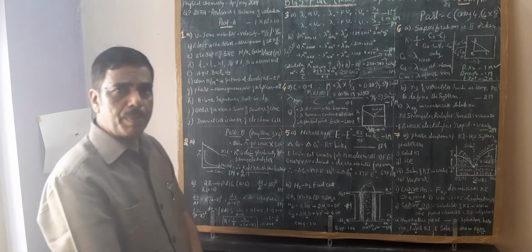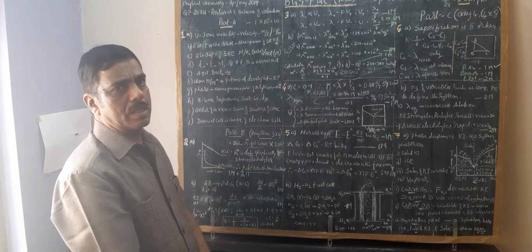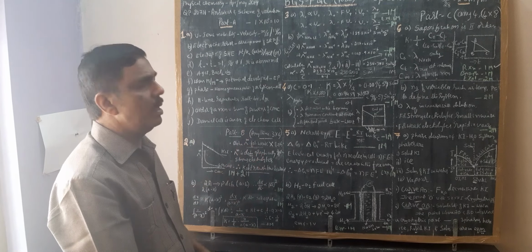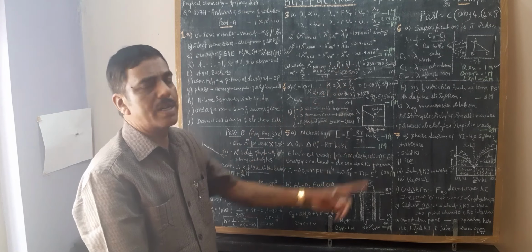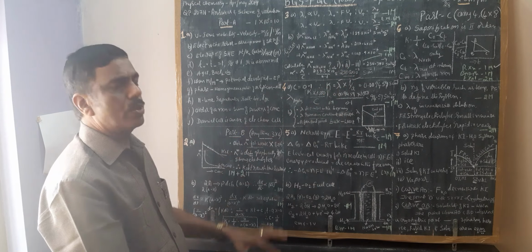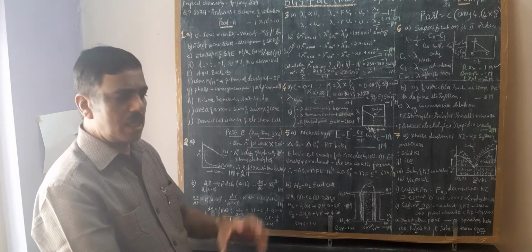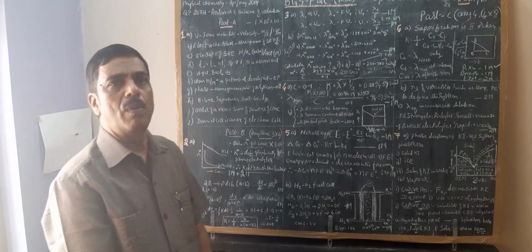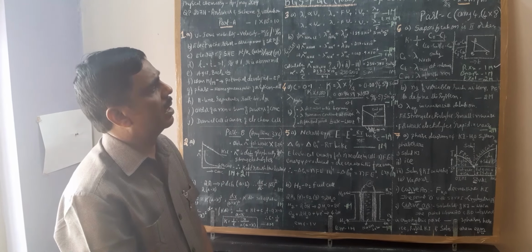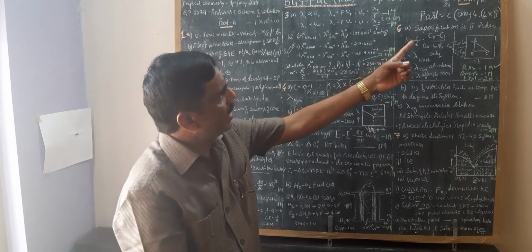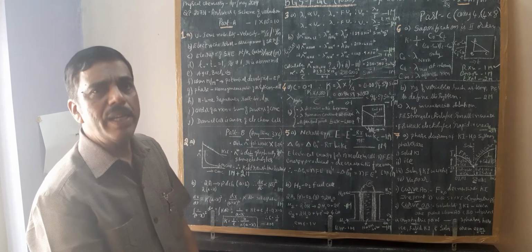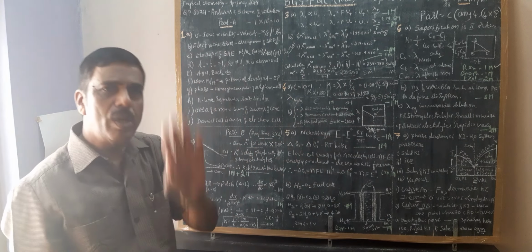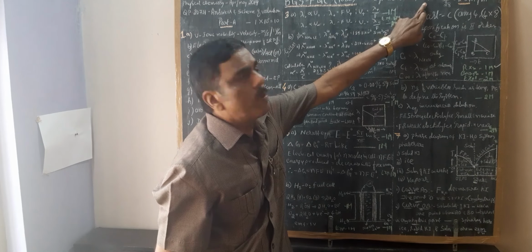In this question paper, there are three parts. Part A, compulsory question for 10 marks. Part B, and Part C. All these questions are from the physical chemistry portion. The allotment of hours for physical chemistry teaching is 28 hours. For 28 hours, they have set the question paper. Total marks of this question paper, including the choice, is 74 marks.